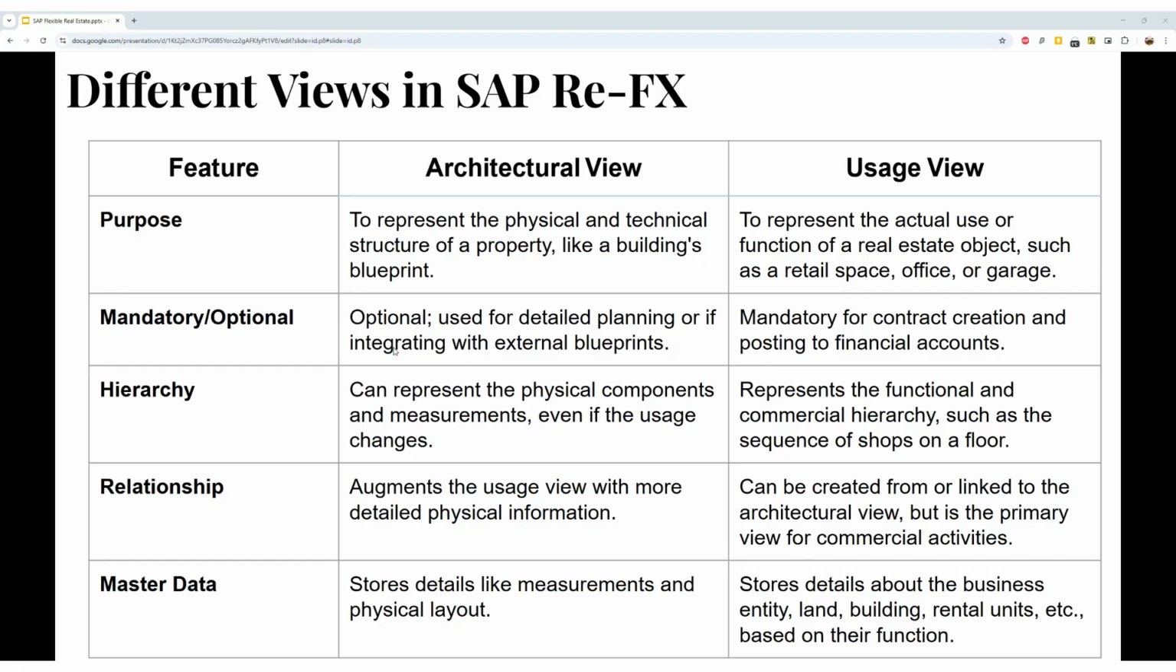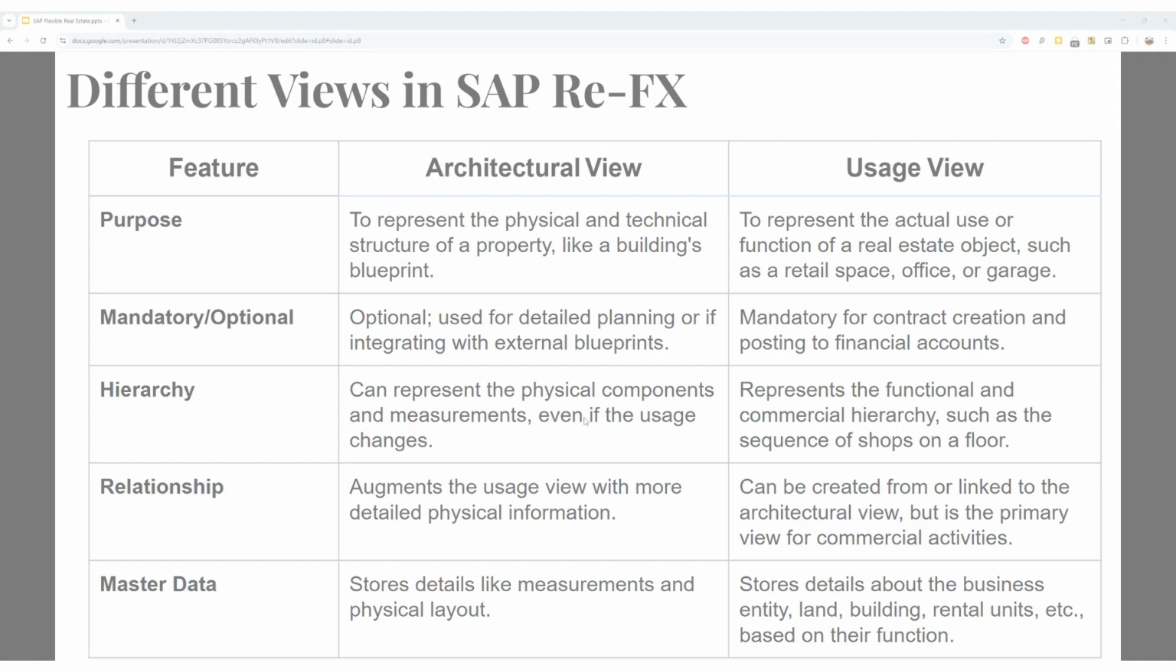Like I said, the architectural view is optional. It is used for detailed planning or if integrated with external blueprints. The usage view is mandatory for contract creation and posting to financial accounts. The hierarchy can present the physical component and measurement. So yes, the physical component is very important. Suppose this building